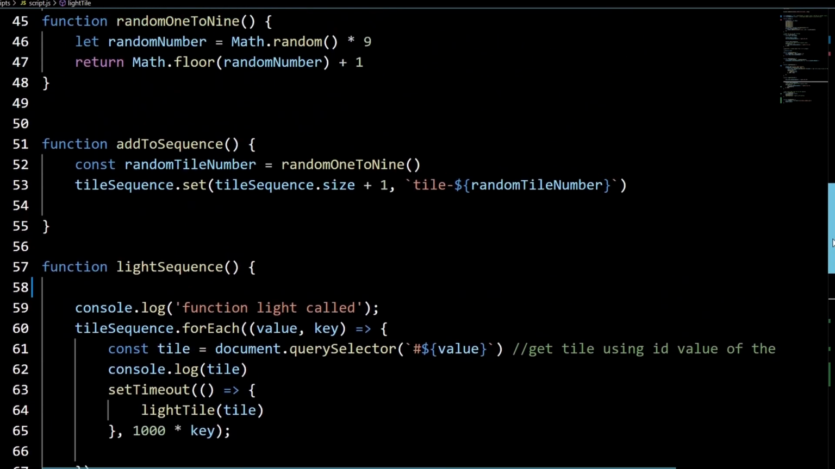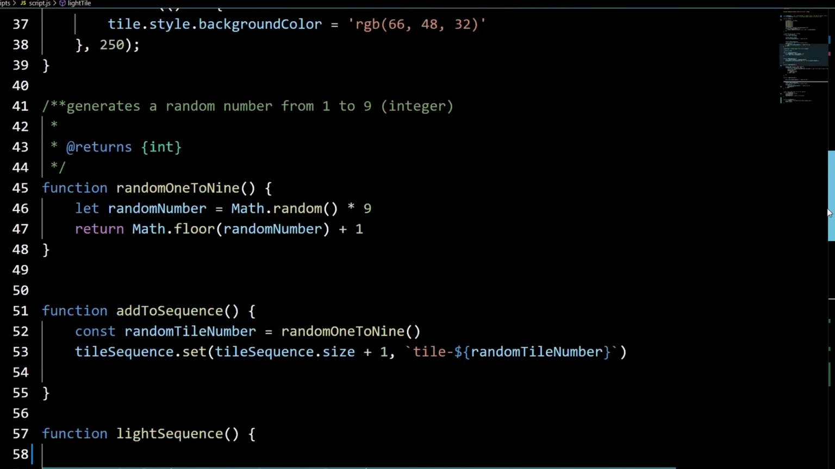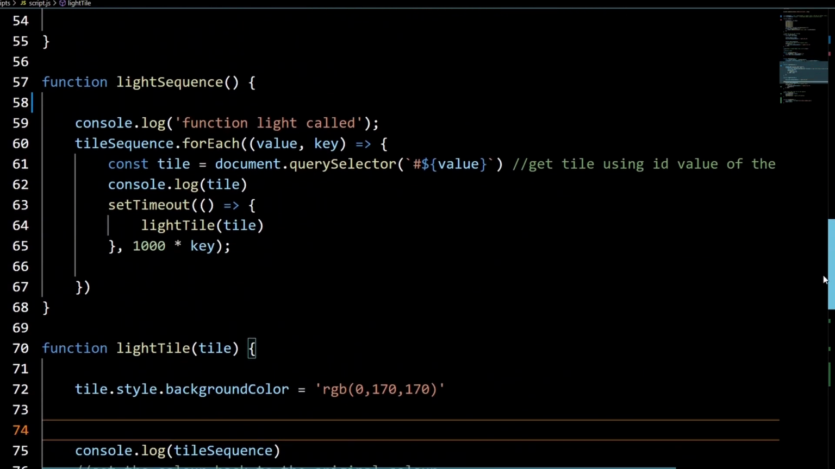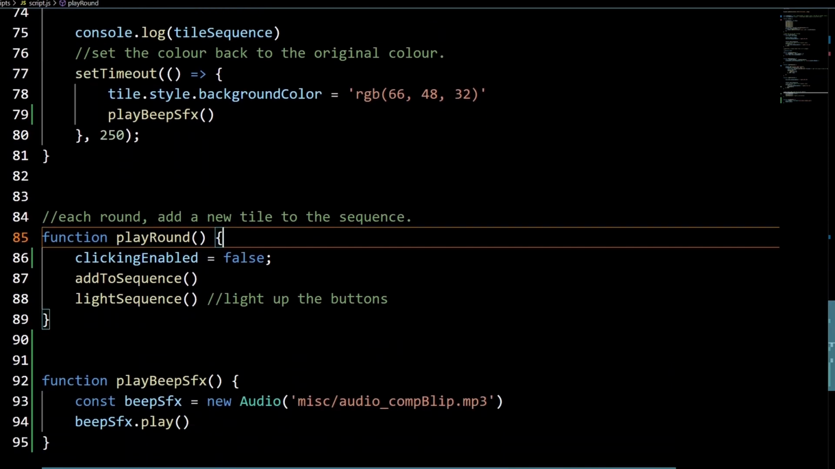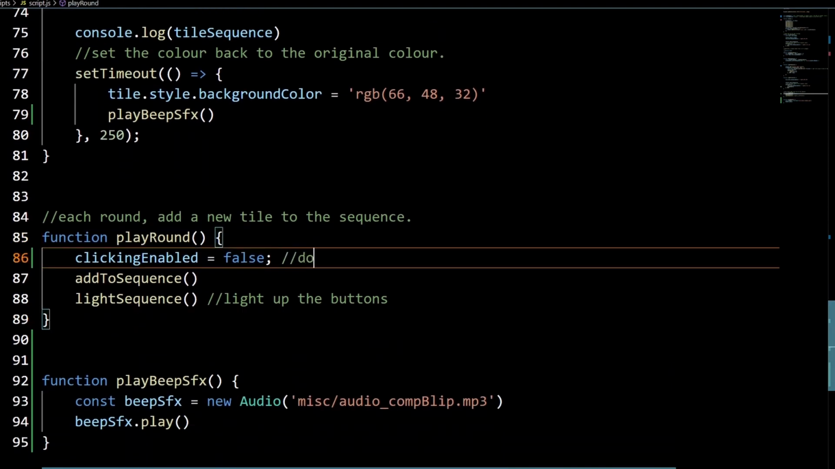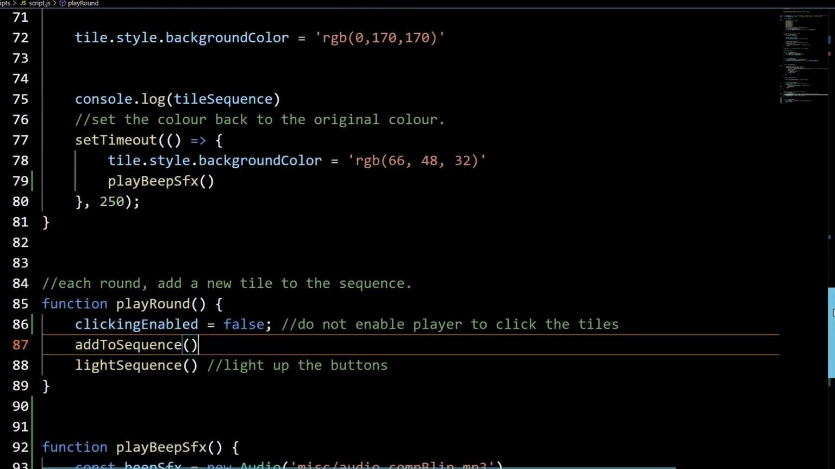So, yeah. I am going to now set this enabled. Where was the function I have left off? I keep on losing it. It's here, play around. So, do not enable the player to click the tiles while the round plays. And you add to the sequence. So I have to